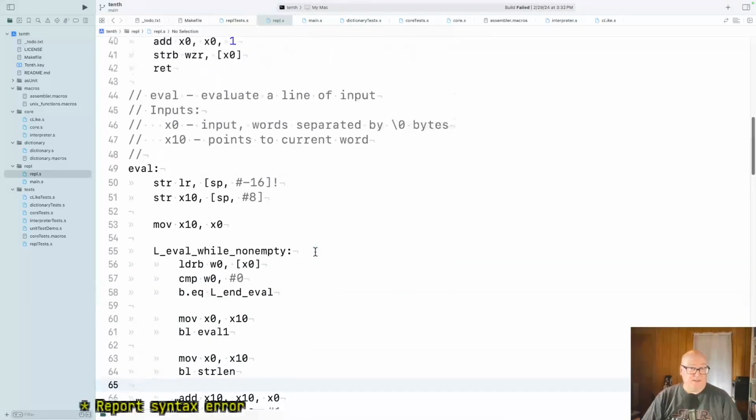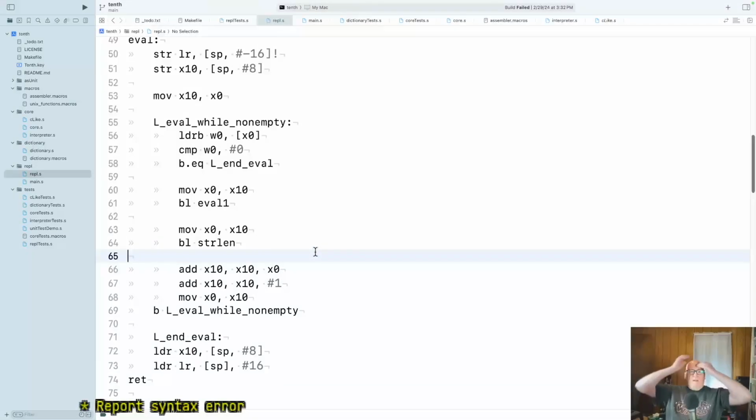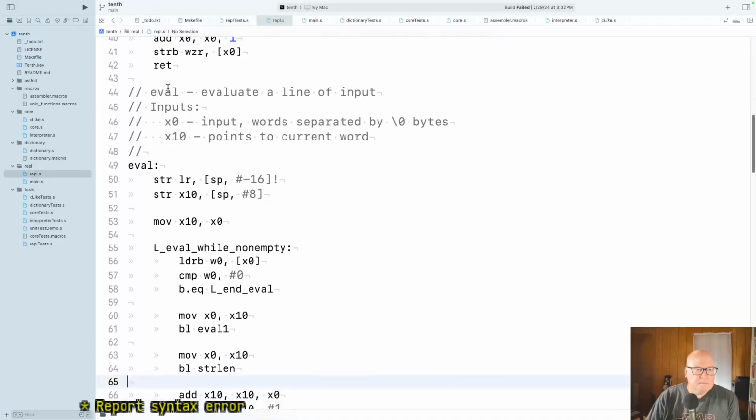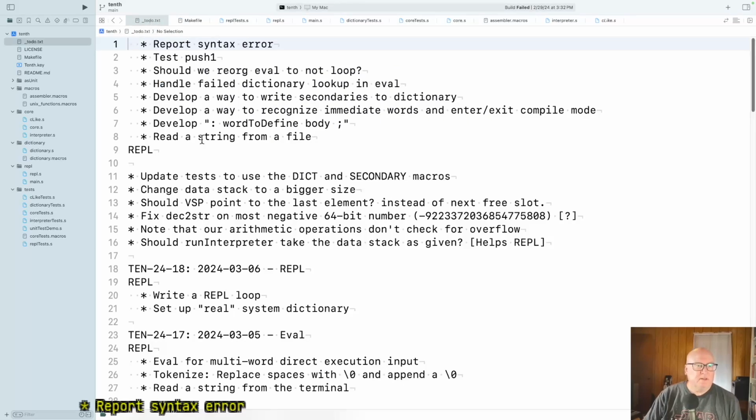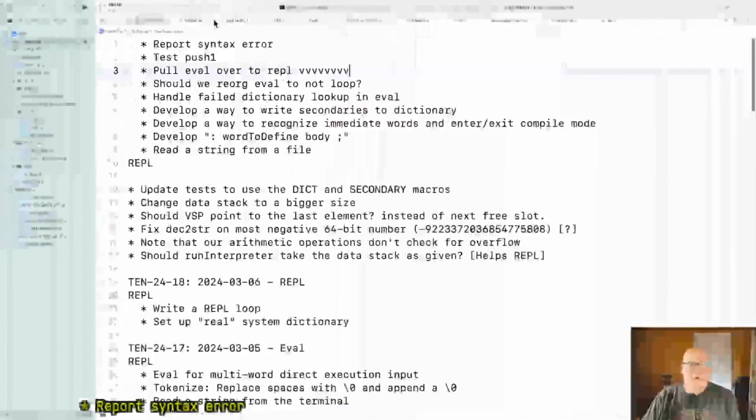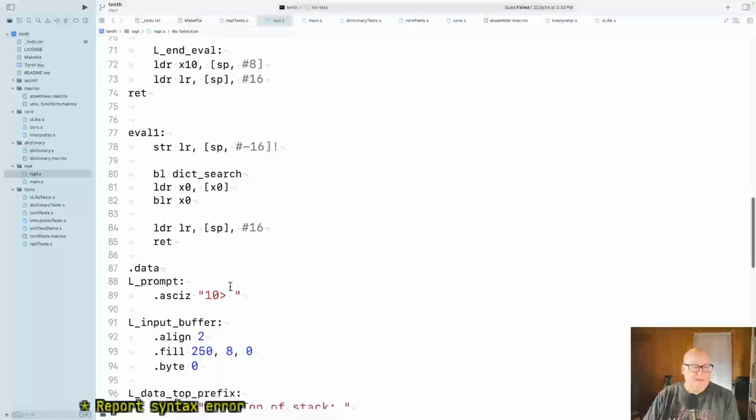All right, now this, maybe this could be pulled over. I'll take it as an idea for the future. Okay, maybe this is pull eval over to REPL. And then that stuff. Okay. So REPL 1. All right. Now